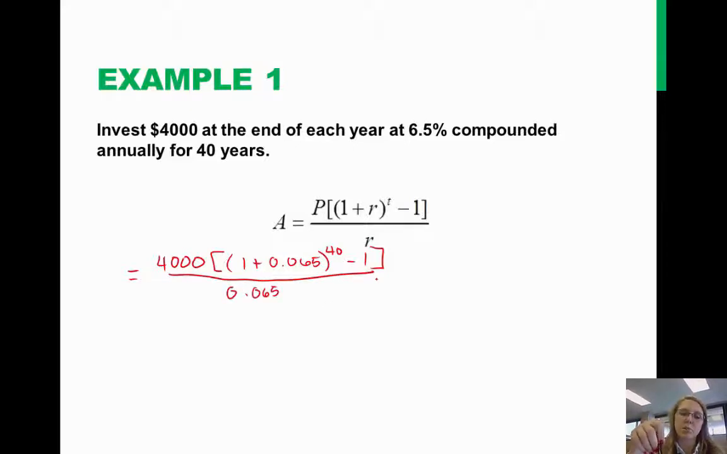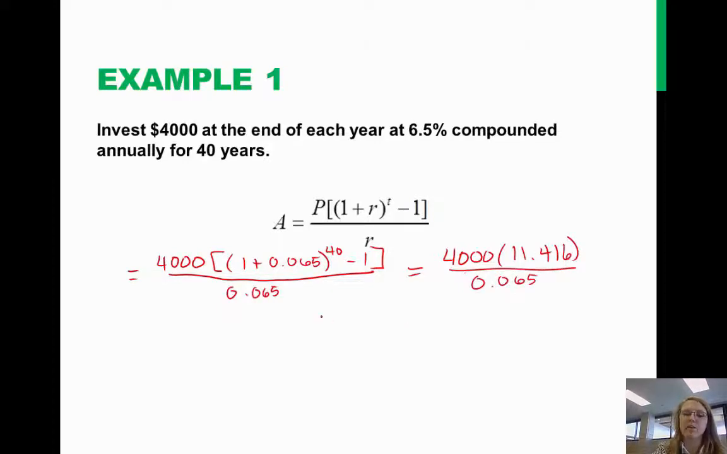And normally in PEMDAS you want to work from the inside out. So we're going to look at the inside of this. If you add that together, that would be 1 plus 0.065, so it's 1.065 to the 40th power, and then you subtract 1 from that. You would get 4,000 times 11.416 divided by 0.065. And now if you take all this into your calculator, your final answer would be